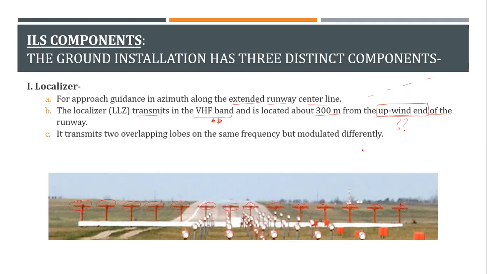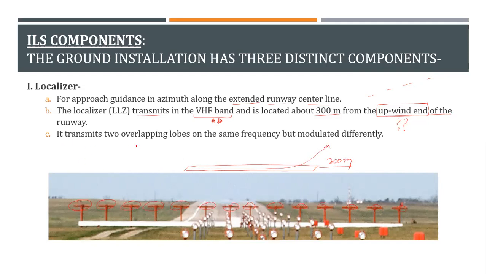So if you're taking off, the end of that side. Perfect. Okay, Viraj, you would like to add something? Takeoff path. Correct. So if this is my runway, my aircraft will take off from this side. So this is the upwind end. So 300 meters from this, mostly we have this localizer established.